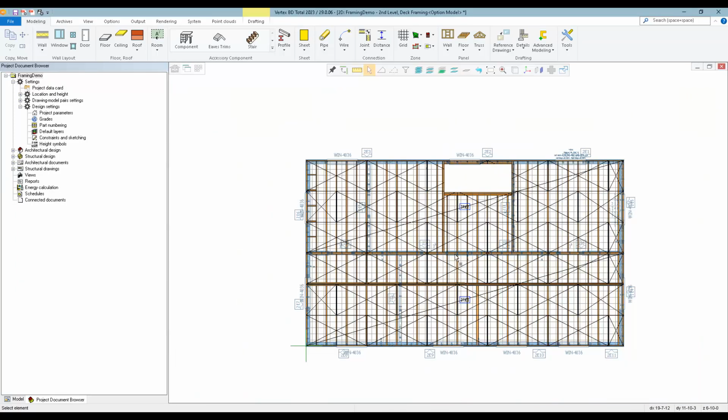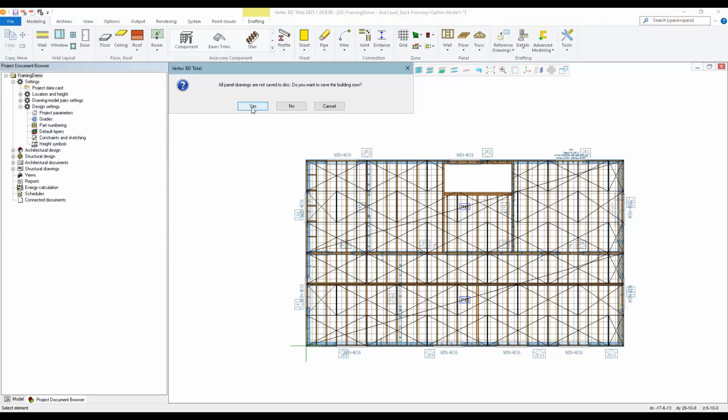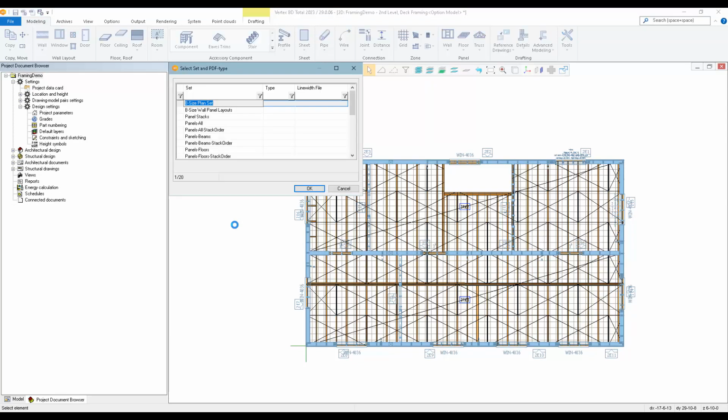We can also export all of our panel drawings using our PDF export. And we have some PDF sets already defined. Oh, I need to save my project, so I'll just click yes on that prompt. So here we have a couple of PDF sets already defined on what types of panels we want to group together, and if we want to do selected panels, I'll just do